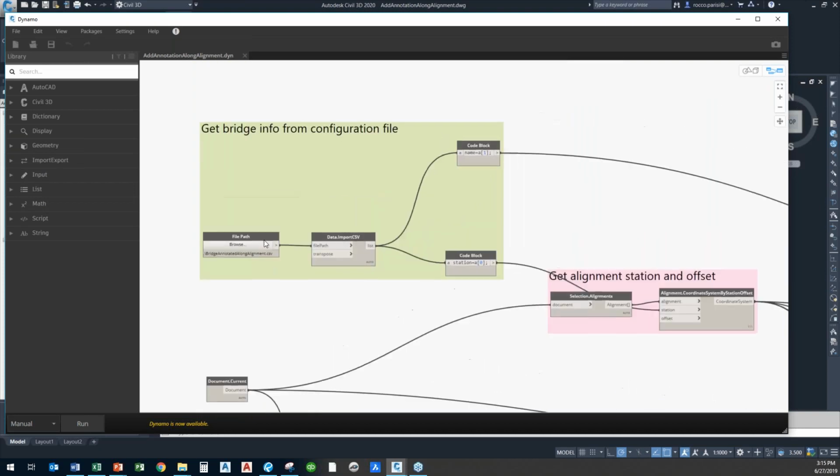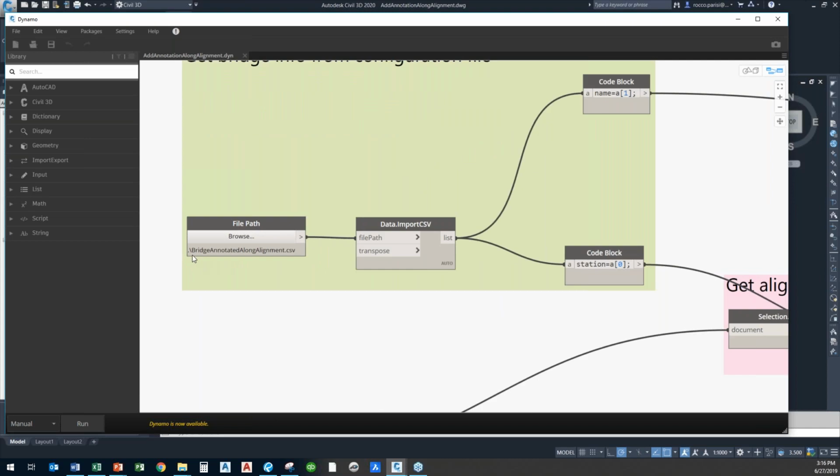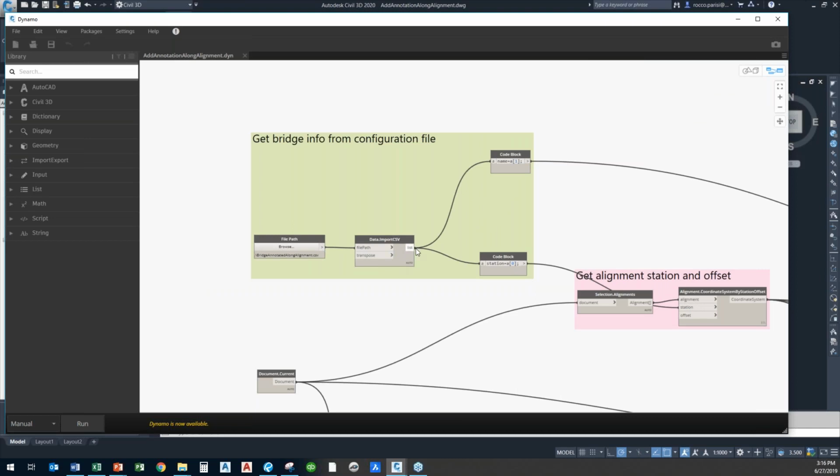Basically what you're doing is setting up a group. So you see the green one, get the bridge information from the configuration file. That's that Excel file. It's telling you here's the file path, where to find it. I have it already set, the bridge annotation along the alignment CSV file. Then import the data. Then, depending on what's imported, I want you to do